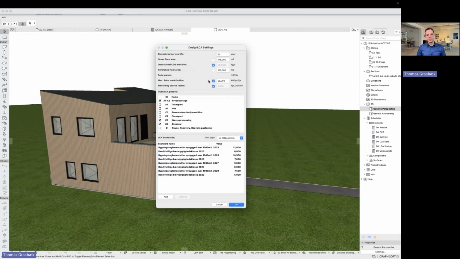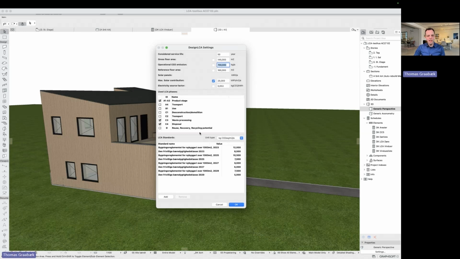We normally use the same amount of CO2 per kilowatt hour as the energy that is used in the calculation for lighting and electrical heating. But if you have some other value, feel free to enter it yourself. And if you don't want to use the EcoDesigner STAR energy calculation, but you have your own energy calculation, you can remove a tick mark more, and you can just enter it up here in kilograms of CO2 per year.